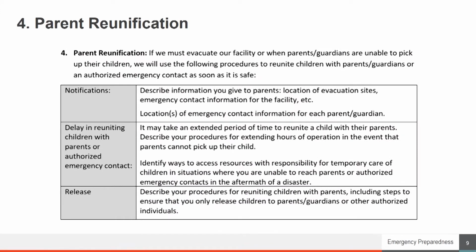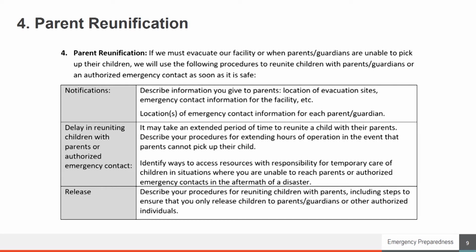Providers must have a plan in place ahead of time in order to ensure children are safely reunited with their families. When picking up a child, you must release that child only to authorized individuals. Your process may include photo identification before releasing that child. There is a child release form on CCR&R's website that provides documentation of who you can release the child to.